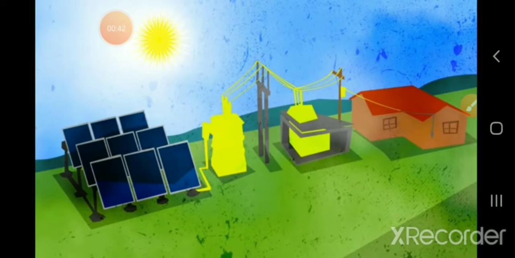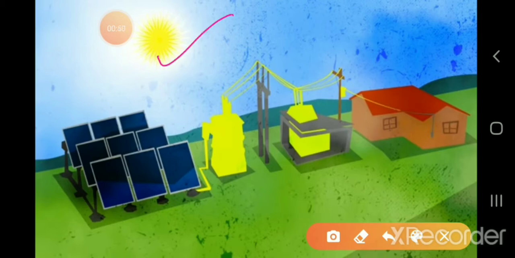As you all know, children, the sun has infinite power of energy, and this energy is in the form of solar energy. But how can we harness this energy? We know that different methods or different ways are there by which we are using this energy, but here to harness this energy we are using solar panels, as well as photovoltaic cells. Photovoltaic cell I'll just explain to you in the next video, children.